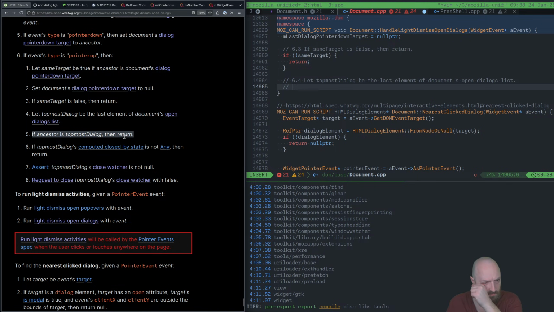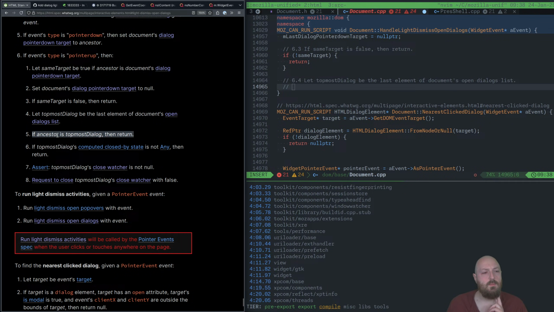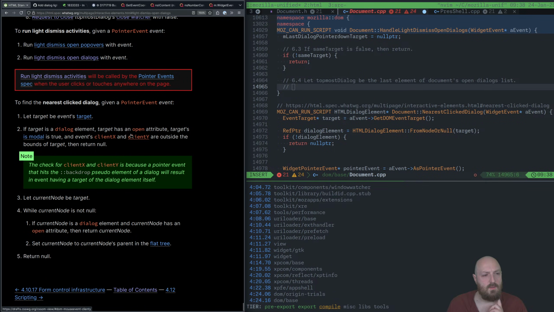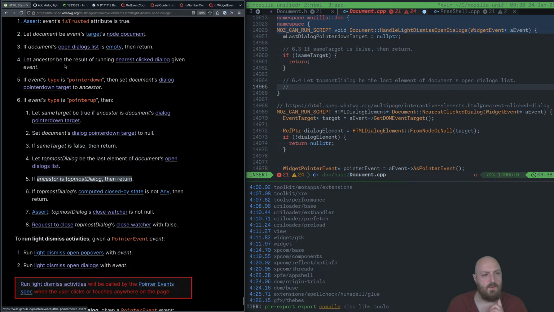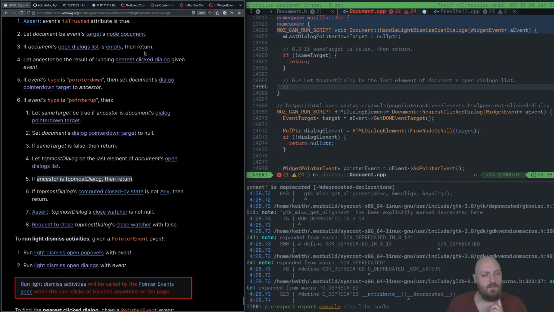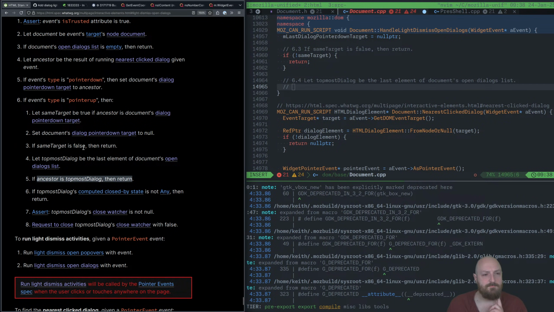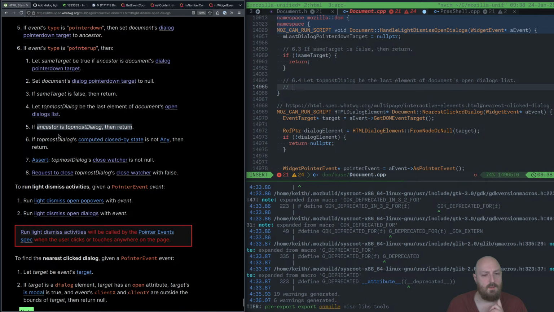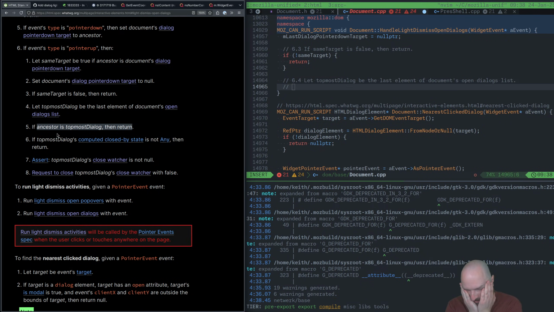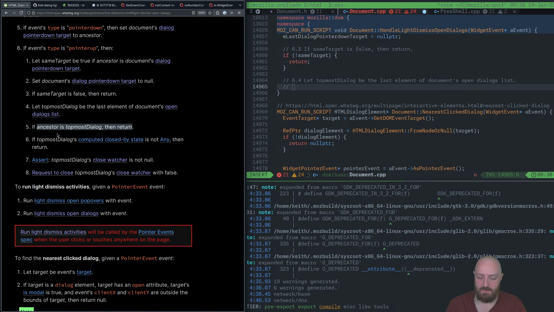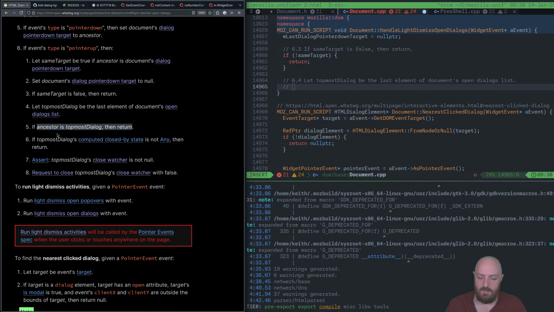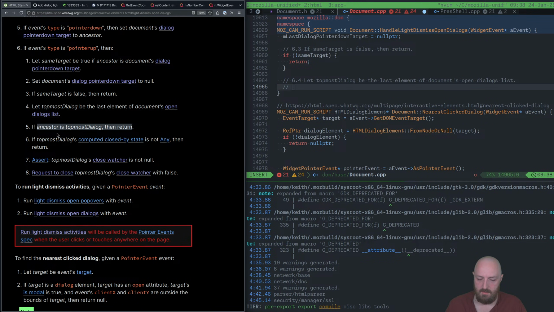This is weird. It's like this. Oh, because the ancestor is... if the ancestor is null, yeah, this whole ancestor mechanism is so that if your pointer down is on a dialog, you drag your